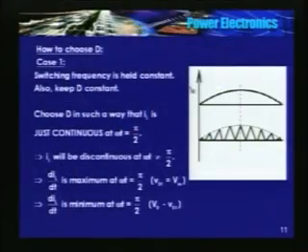Now how do I choose this value of D? You choose the value of D in such a way that the inductor current is just continuous at omega t is equal to pi by 2. In other words, see, here is VO1, the inductor current is just continuous at omega t is equal to pi by 2,